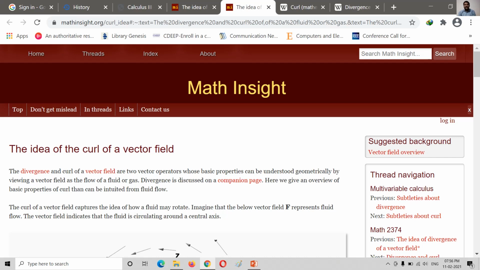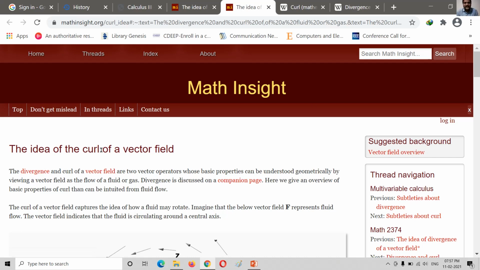At the same time, one point I want to tell you is that for today's lecture I am not using any PPT. I want to explain the concept of the curl and the divergence through various points and various animations, and that's why I directly switch my lecture to an internet website. I try to focus on the main points that I had read on the internet. Hopefully you will get the things. If not, feel free to discuss the same with me in the lecture discussion.